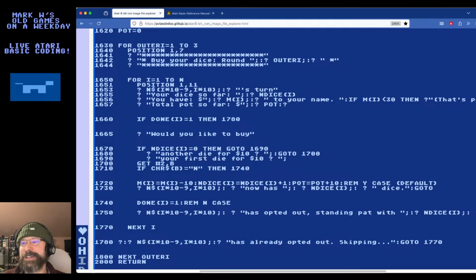I see why people hate gotos. You gotta do what you gotta do. You gotta go to what you gotta go to. All right, so that goto 1770 should solve that problem I was having. I still think this is wrong here, though. Let me try to parse why I had that and what it should be.